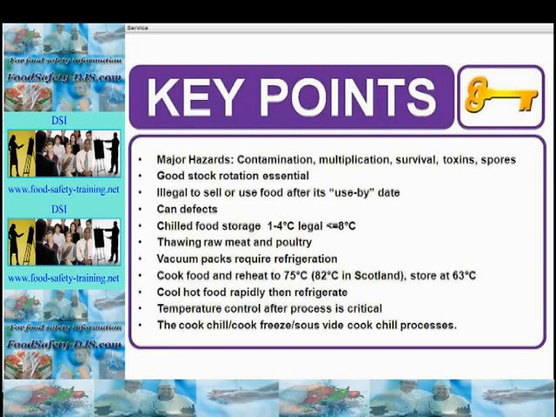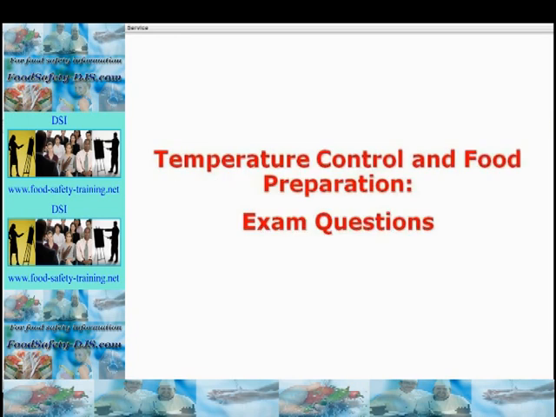We looked at thawing raw meat and poultry. We looked at vacuum packs requiring refrigeration. Cook food and reheat to 75 degrees Celsius, that's 82 degrees Celsius in Scotland, and store at 63 degrees Celsius or above, that's the hot holding temperature. Cool hot food rapidly, then refrigerate. Temperature control after process is critical, and we looked at the following cooking processes: the cook chill, cook freeze and sous vide cook chill processes. In order to consolidate